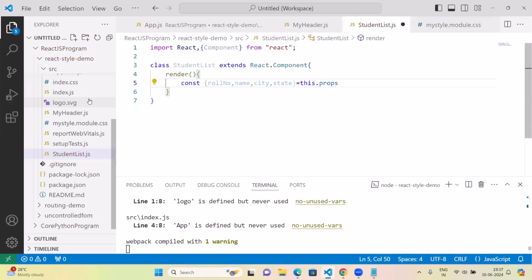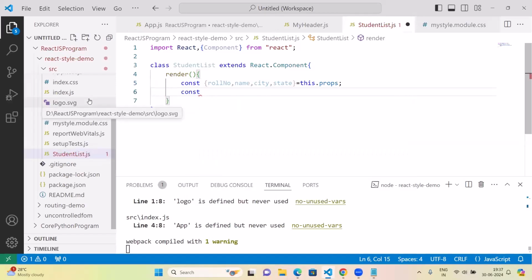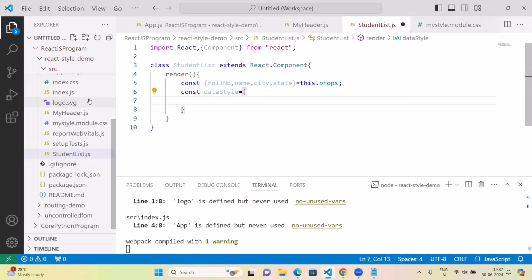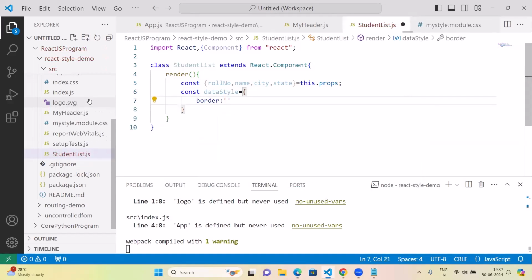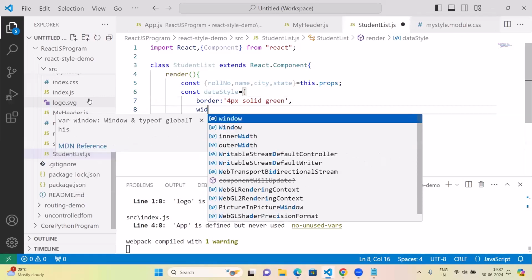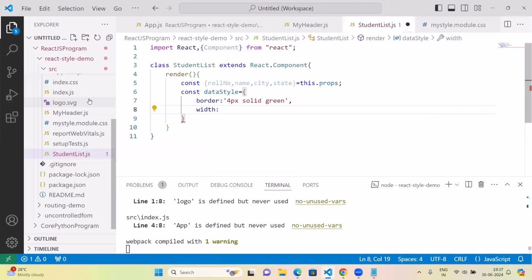Okay, I'm going to define the properties. Then after that I will create an object, the const dataStyle equals to curly bracket, border we need to write, and value we need to give it here, so 4 pixel solid, and it will be green, comma, then width colon, width will be 20 pixel, comma,